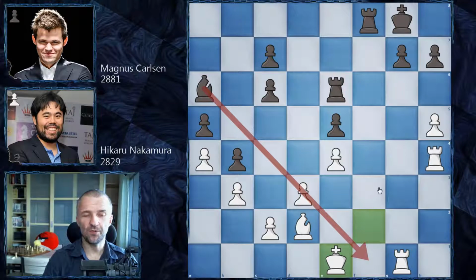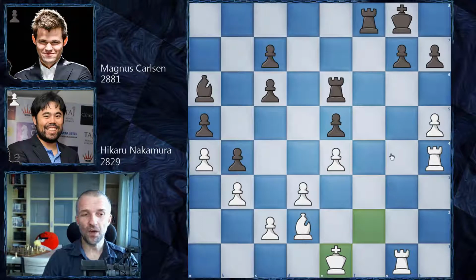Remember, this is rapid time control, so you don't want to always calculate the possibilities of taking the pawn on e4. And now it's quite a critical moment of the game, because we have the dark square bishop and light square bishop, opposite colors of the bishops,